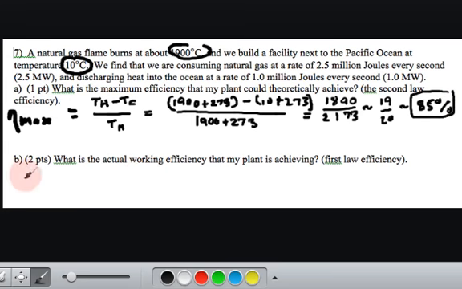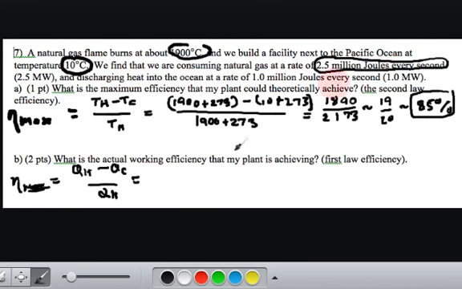What's the actual? Well, that would be the most efficient. What was I trying to say? Oops. The actual is QH, oh, this is if that was done reversibly. But we have QH minus QC over QH as the actual. We don't actually have Q. We have joules every second. We have watts. But let's say in 1 second,